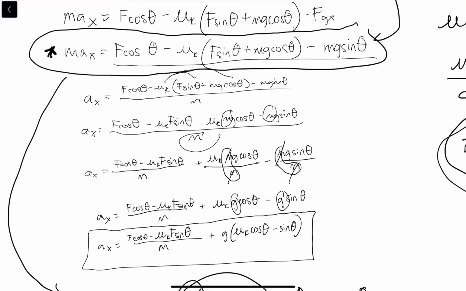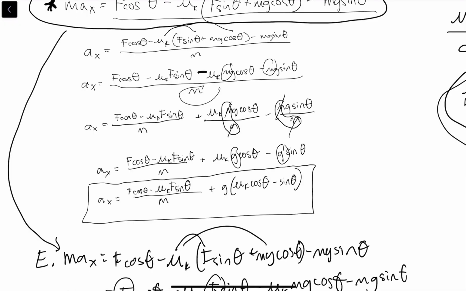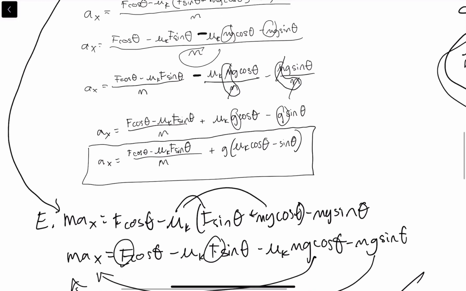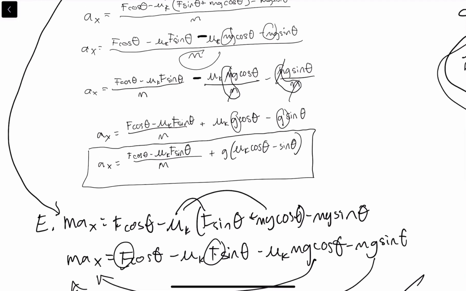So instead of positive here, this becomes negative. And then this would be negative. And then this would be negative. And then I would just take out a negative g here. So this would become positive